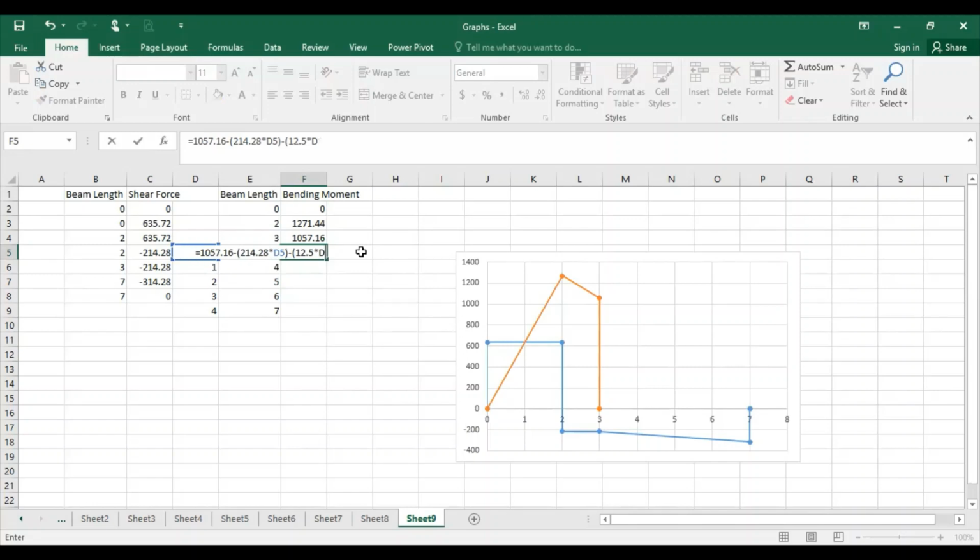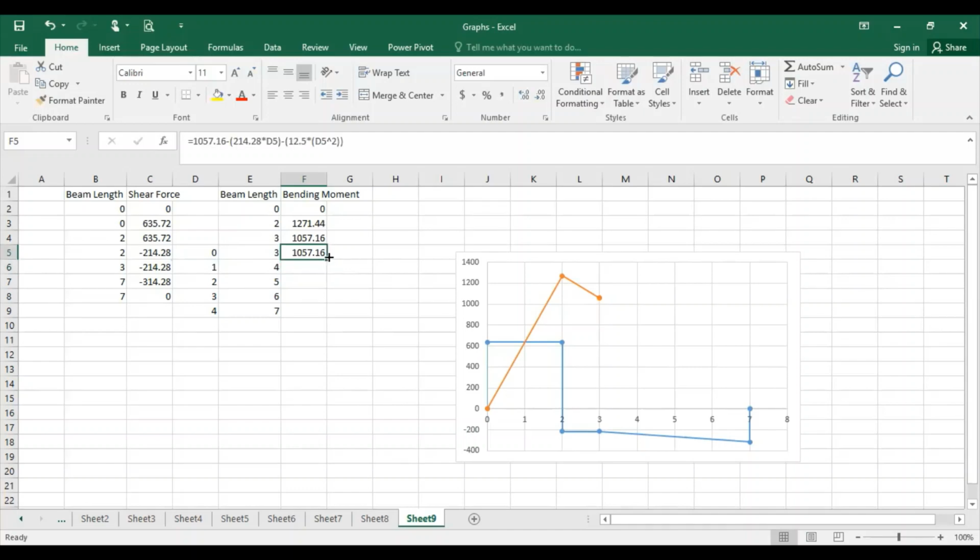So I'm writing directly D5 and I will apply caps over it because D5 is squared. So I will apply caps for square, bracket close, and the answer will be 1057.16.